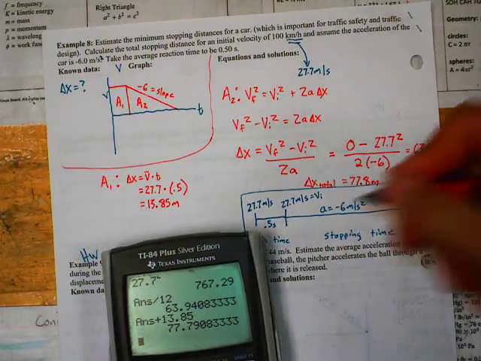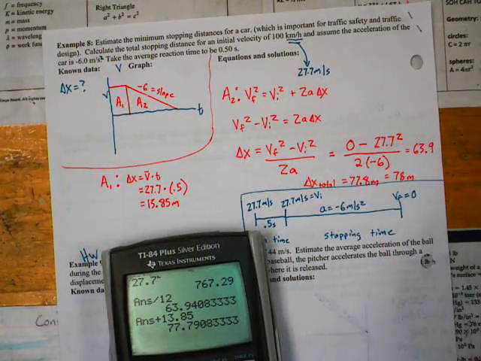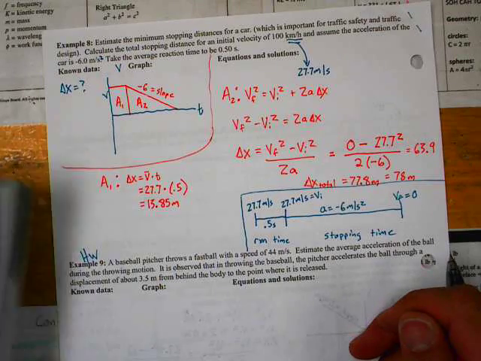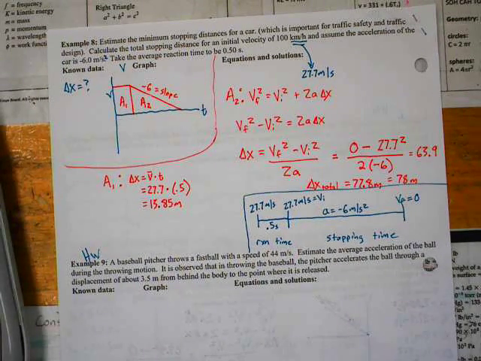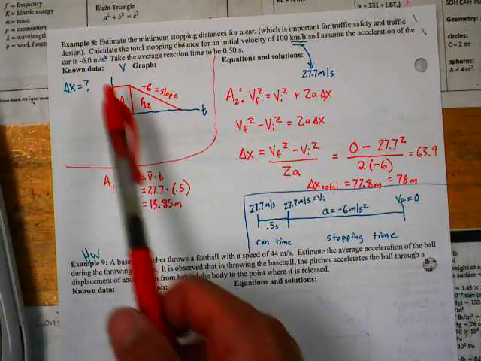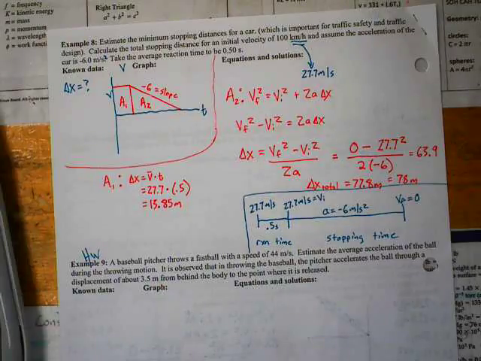We could round that to 2 sig figs and say 78 meters. So that's a two-part problem. We had to do two different situations because the acceleration was changing from 0 to -6. Alright, so finish the rest of those on your